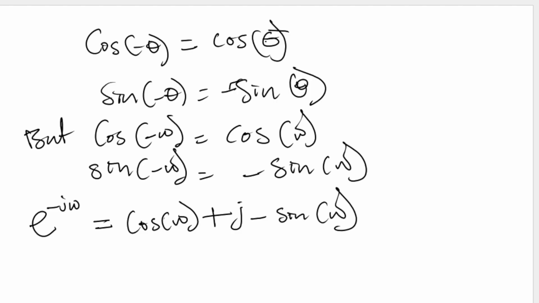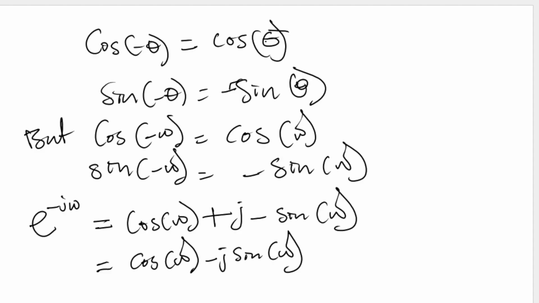Now, looking at our question, is it simplified? No, it's not simplified. Why? It's because we are having plus here, and we're also having minus here, right? So we have plus times minus, it is minus. So if you simplify further, you simply have this to be cos W minus J sine W. Now we can see our new change for our real part and our